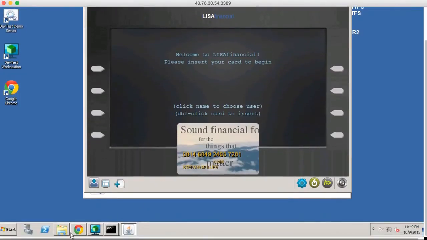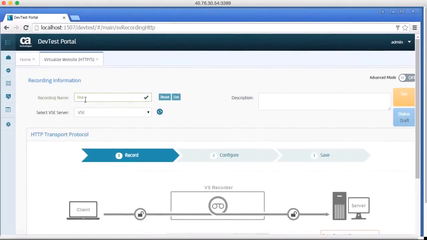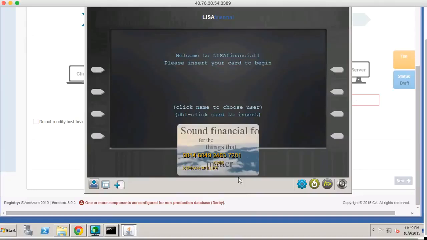So let's go back to the recorder, which is in your browser. Let's see here, recording name is Lisa. That's all started here. A port is automatically selected that's available to you and not in use. So very helpful. You may override this if you need to, if you want to select a specific port in which your app is running on. Right now, I'm going to use this port 63094. And what that's going to help me do is that actually I'm going to point my front end kiosk to